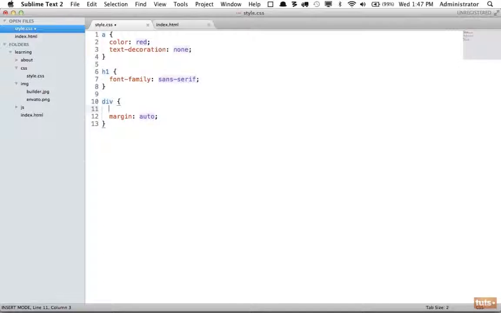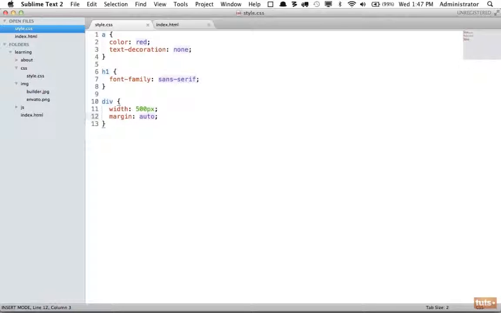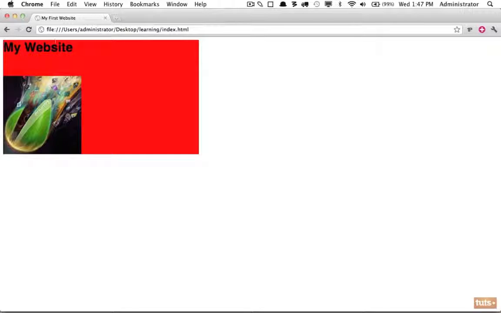Next, I'm going to specify a width for our div. So I'm going to say width of 500 pixels. Now, let's see what that does. If I load the page, notice it moved it to the middle. So this might be a little more understandable if we first add a background color of red. Now you can see that we've created a bucket or a container that's 500 pixels wide. The height, because it has not been explicitly stated here, will be determined by the height of all of the